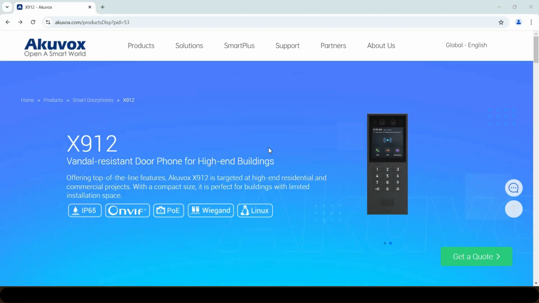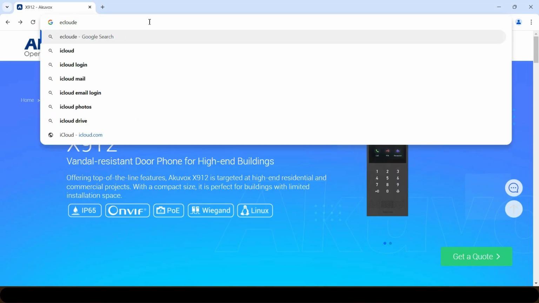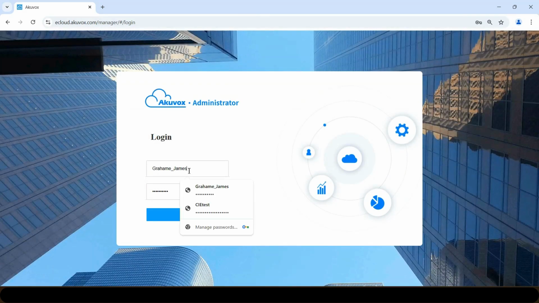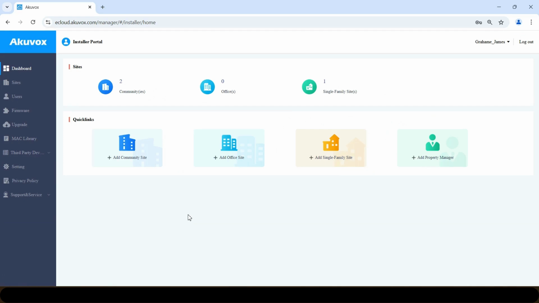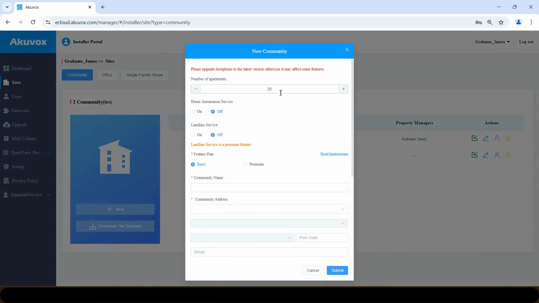So in this guide, I'm going to show you how to set up a community site on the Akuvox cloud. So the first thing to do is log into your installer account, at ecloud.akuvox.com using the username and the password that you've been provided and click login. Then to add a new community site, simply click add community site and it will bring up the new community